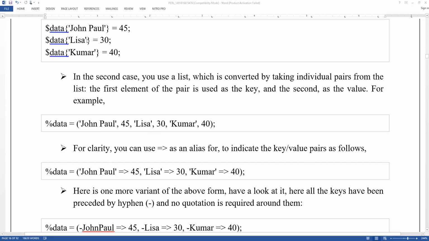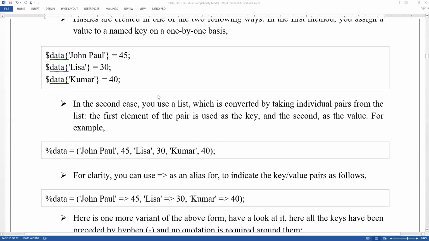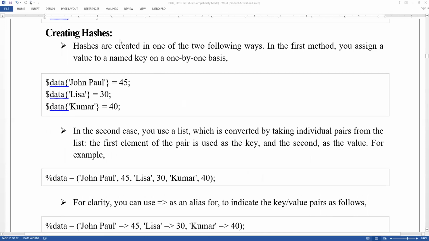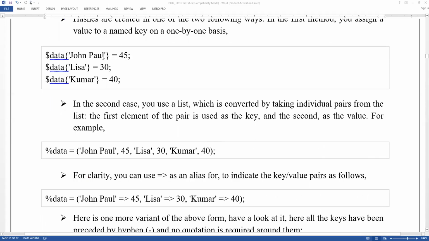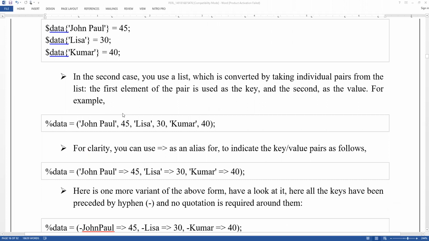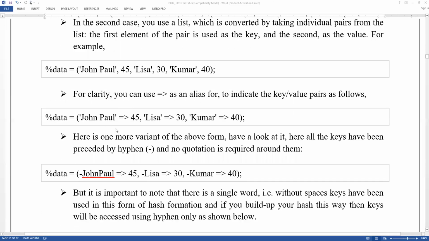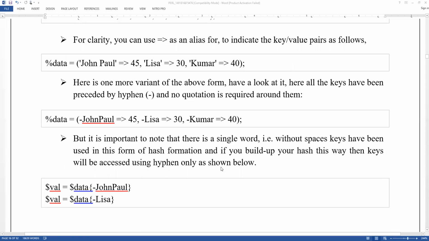So in creating a hash, this is one way, this is another way, and this is another way. So four ways we can represent or create a hash variable.